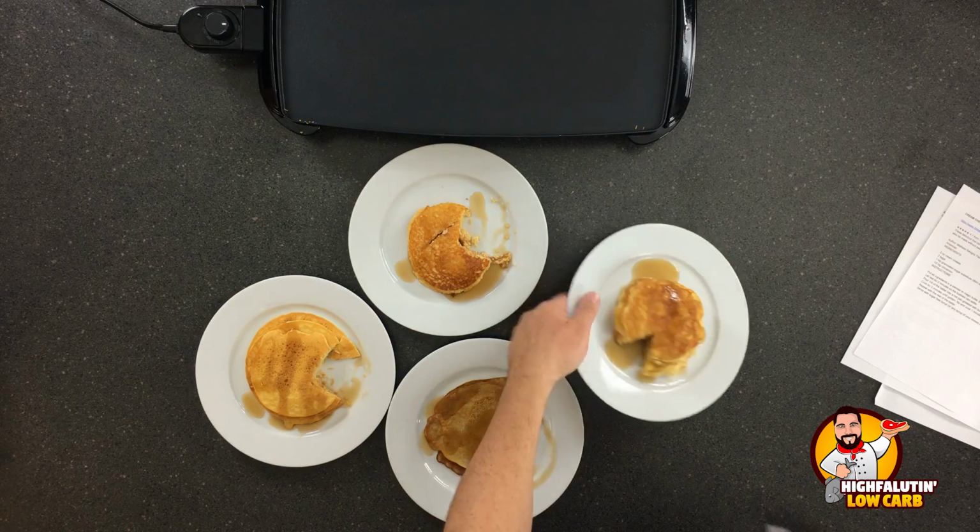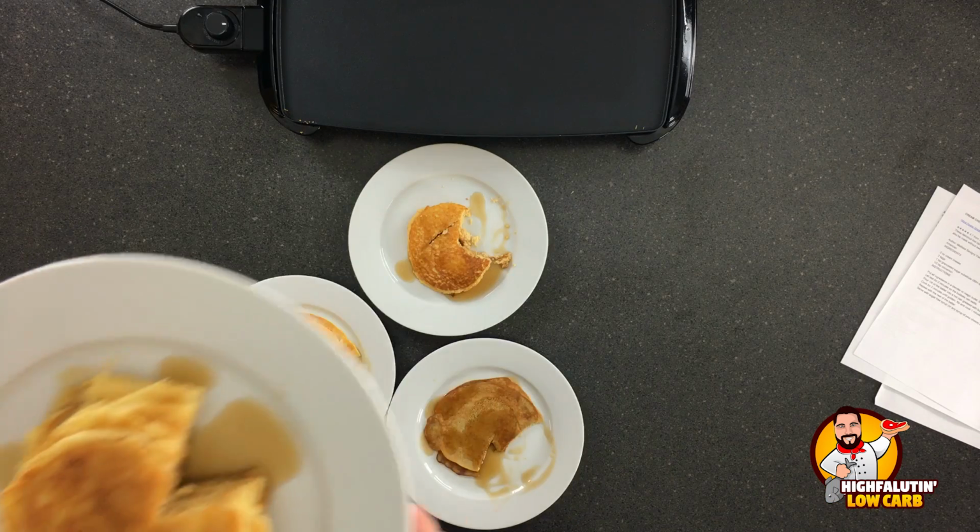Yep. They're okay. Imagine if you took a flour tortilla and put it on your plate and poured syrup on it. That's kind of what that is. Not a lot there. And then lastly, the ones that look the most like a frickin' pancake,